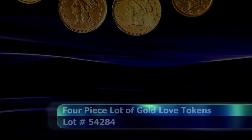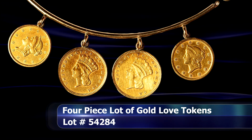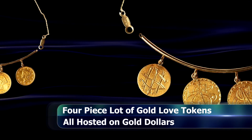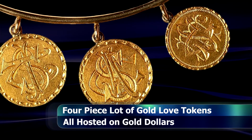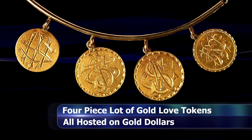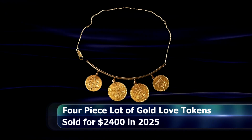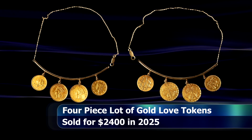$1,080. And then one more love token lot, a grouping of 4 tokens, all with gold dollars as hosts, all attached to a short necklace. One is initialed S and what looks like an H, the second S and I with either a C or a sideways N perhaps. The third is again S with a C and A, and the fourth is an S with, this time, an M and a C. So we can presume that the young lady in question's initial was the S. Sarah, Sophie, and Sylvia were all very popular given names according to the census of 1850. And whomever she was, she appears to have been extremely popular, sometime in the mid-1800s, judging from the host coins. This lot was sold at auction for